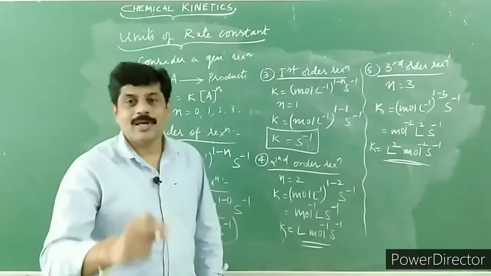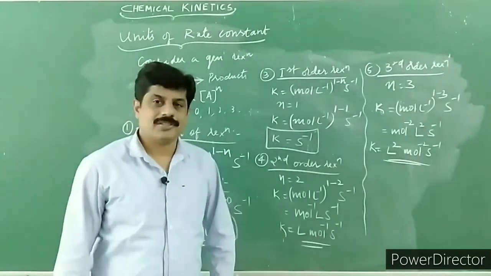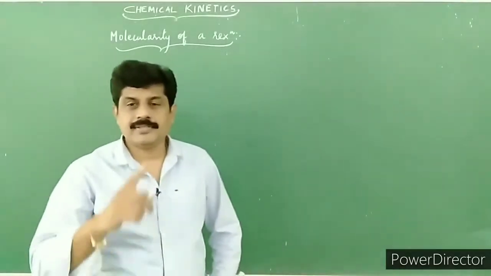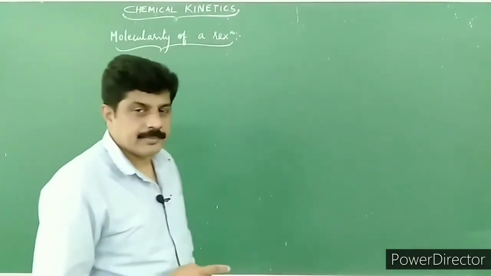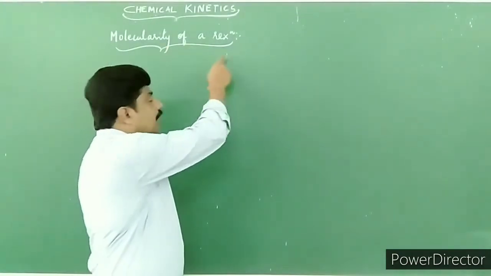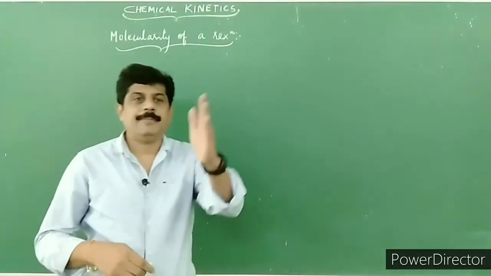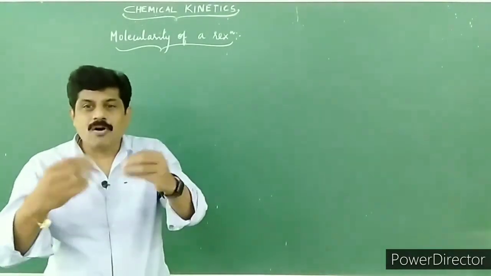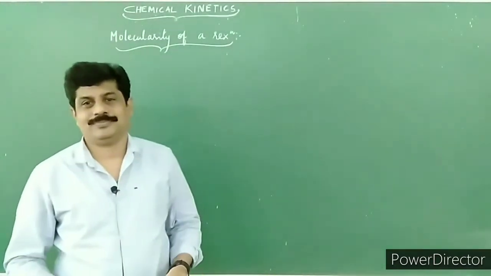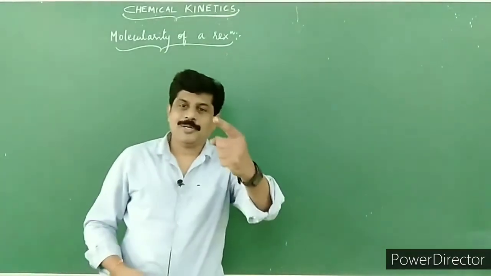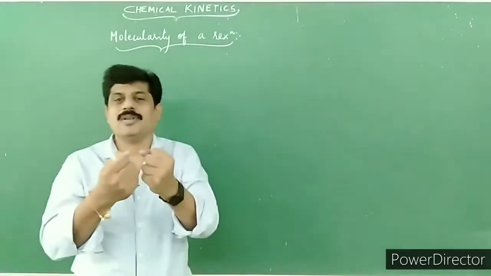What is that? Molecularity of a reaction. That is also important, like the order of a reaction. Children, previously you have learnt about order of a reaction. Now let me go for one more important term in chemical kinetics, that is molecularity of a reaction. As per collision theory, a chemical reaction takes place because of the collision which occurs between the reactant molecules. Remember, molecularity of a reaction directly depends upon the number of reactant molecules that collide.